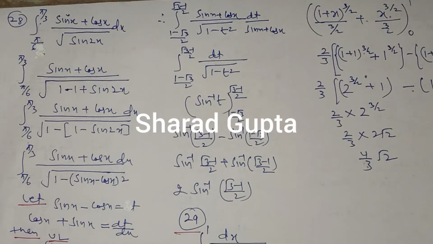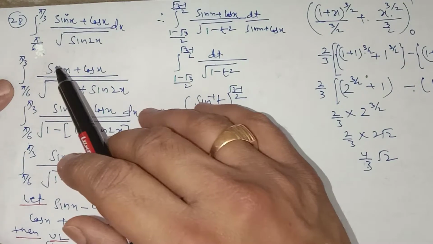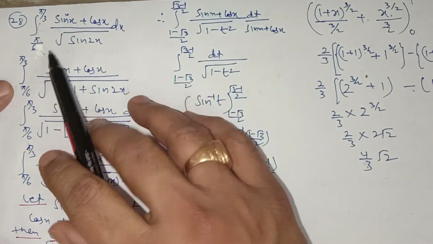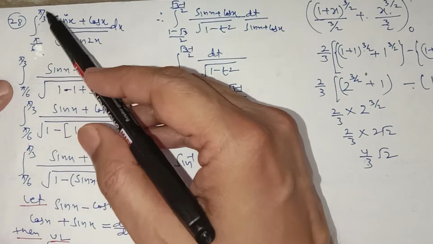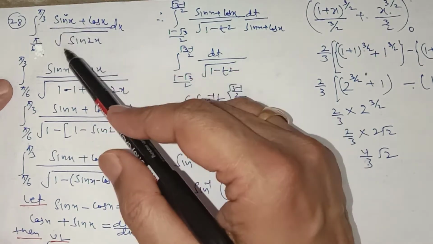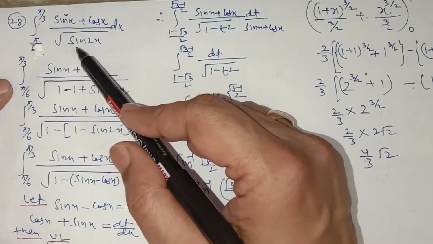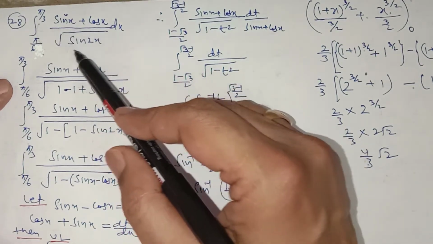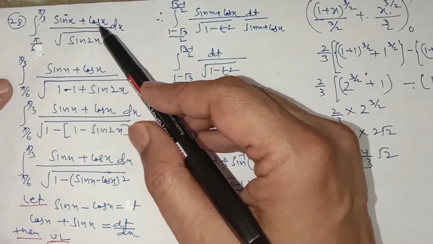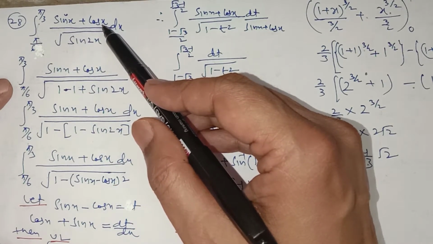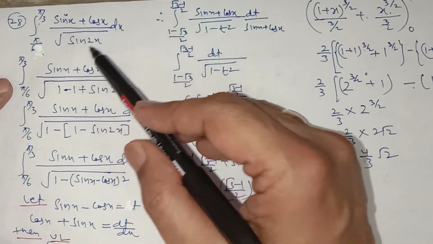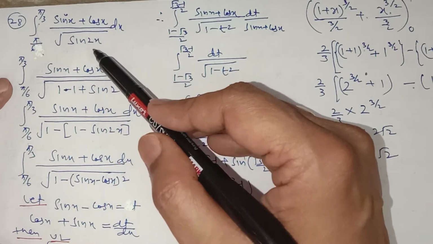This is lecture number 25 for the chapter Integration of Class 12th, and we are discussing the miscellaneous exercise of it. In question number 28, it is given: integral from pi by 6 to pi by 3 of (sin x plus cos x) upon under root of (1 plus under root sin 2x). So you have to do the arrangement here, because sin x plus cos x is the derivative of sin x minus cos x. So I'm trying to convert this into sin x minus cos x.